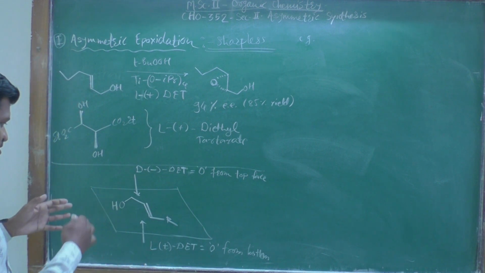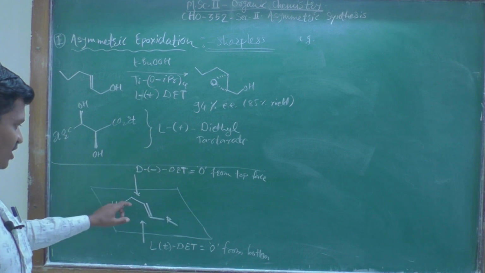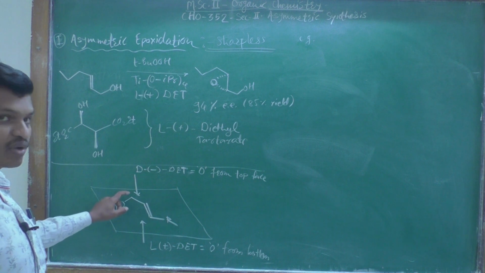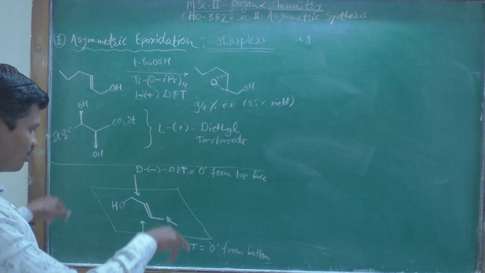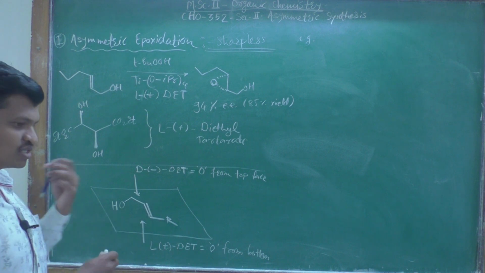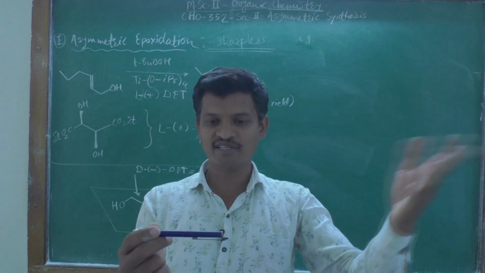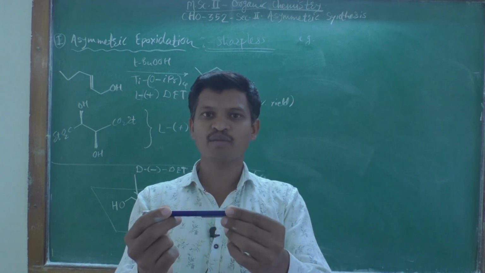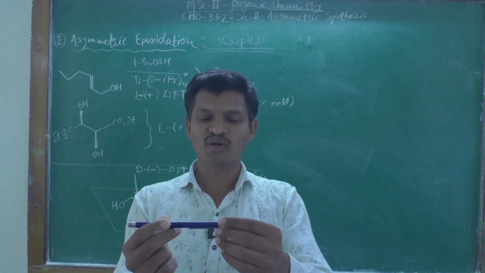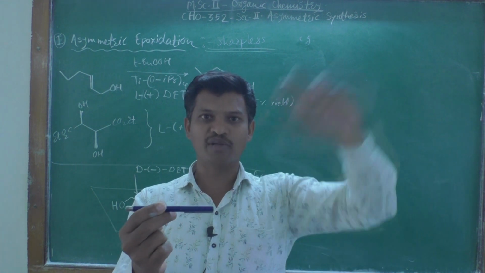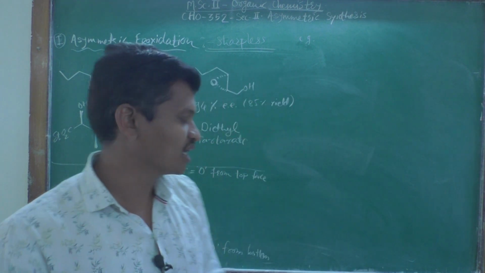Okay, so this is the case when we are aligning this allylic alcohol in such a way that the hydroxy group is at the top left in the plane. Suppose this is the carbon-carbon double bond, this is my left-hand side. If we treat this carbon-carbon double bond with the substituent hydroxy group, CH2OH, at the top left of this molecule, then what happens when we are using